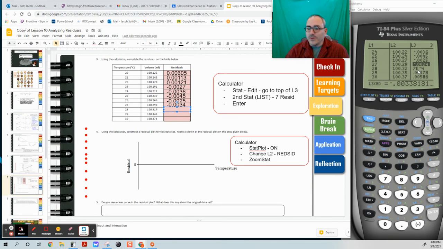7e minus 4. What's that? That is 0.0007, right? 1, 2, 3, 4 zeros and a 7. And I need to make sure I get to go over 7 places. So I'm changing the decimal to 1, 2, 3, 4. No, I need the decimal there, not there. Oh, stop doing that. Okay, it did it because I'm too small of a number. There, now it'll, okay. All right, this 7e to the 4 is scientific notation for 10 to the negative 4th